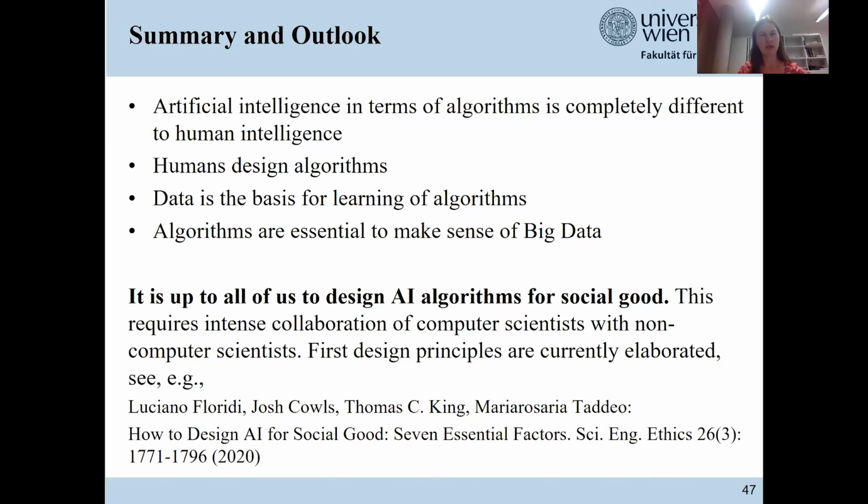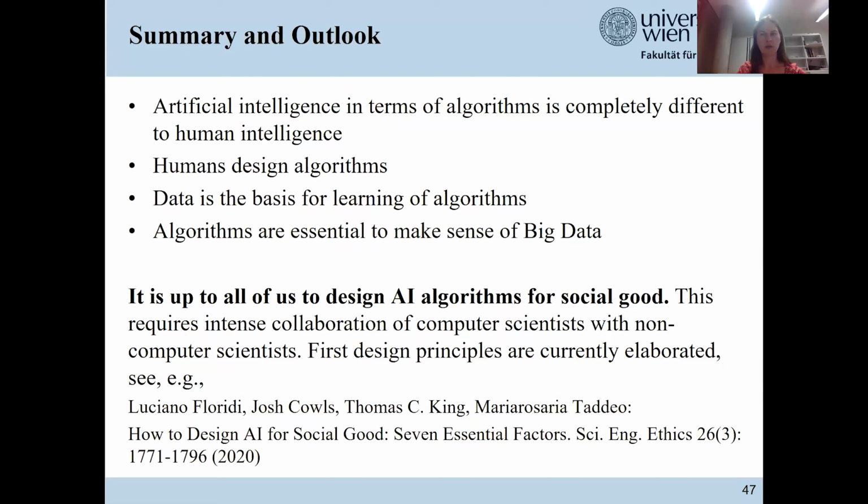Therefore, I think it's very important that we try to design algorithms for social good, for the benefit of society, for the well-being of people. This requires intense collaboration of computer scientists like me with non-computer scientists.